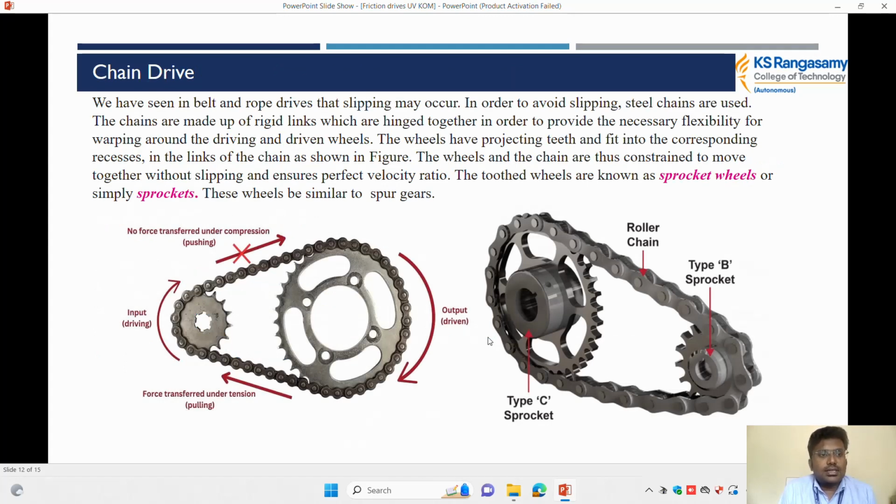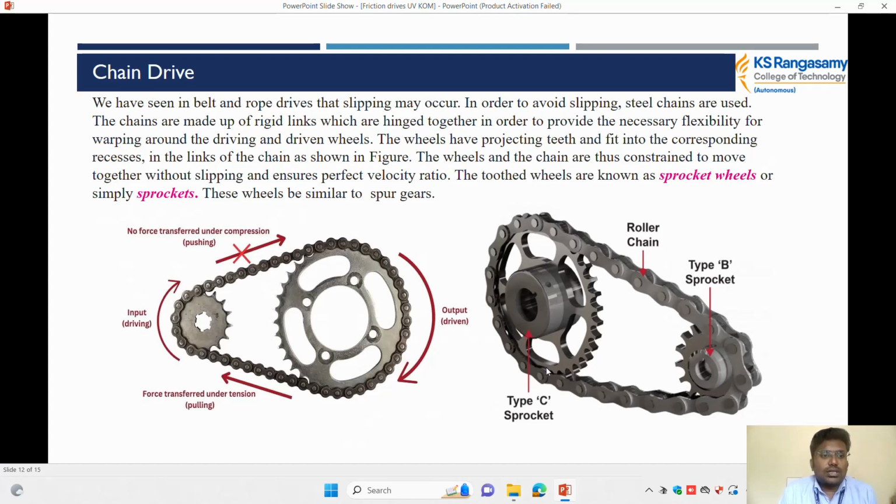Next, we have to discuss the chain drive. We have already seen the belt drive and rope drive. Compared with these two drives, the chain drive transmits a high velocity ratio from one wheel to another without slipping. In the belt drive, slipping is a major problem, and with the chain drive the slipping problem will be reduced. We have seen that in the belt or rope drive, slipping may occur. In order to avoid the slipping,